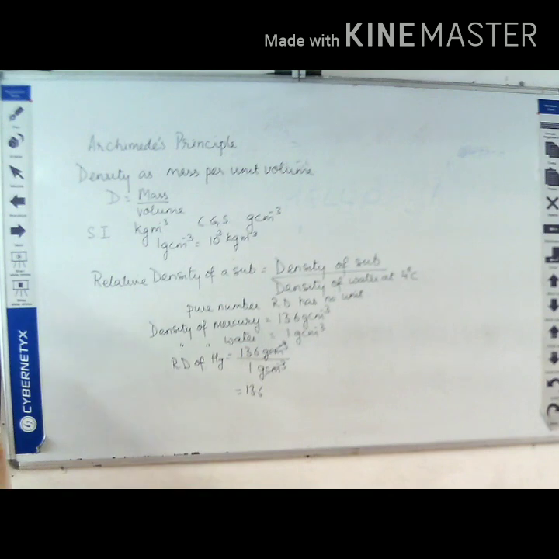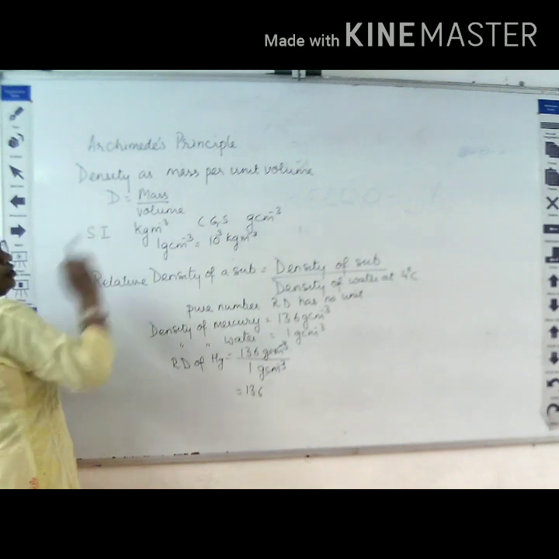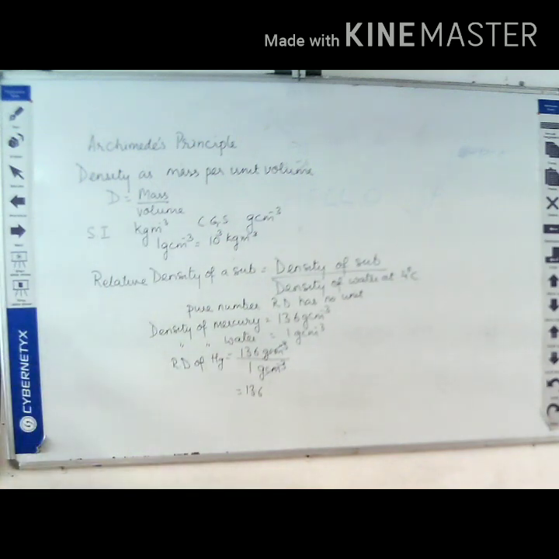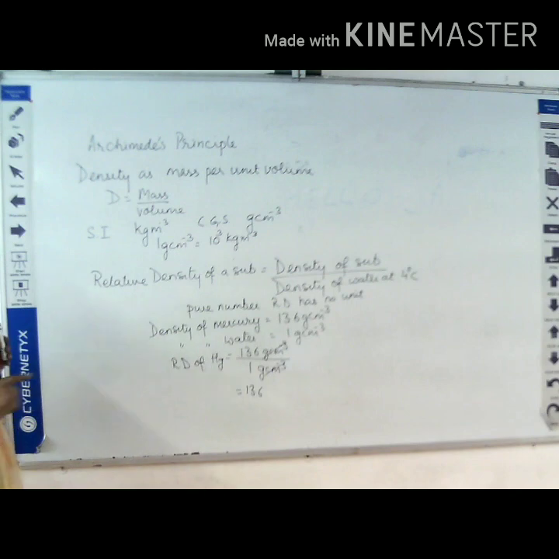Okay, now that means that in case I need to calculate the density of any substance, I need to know the mass of the substance and the volume of the substance, right? Mass of the substance, I can use a beam balance and a spring balance, and to find the volume of the substance, if it is a symmetrical body, then I can use a formula, but if it is not a symmetrical body, then I have to use the displacement method. That means to know the density, I need to know mass and volume.